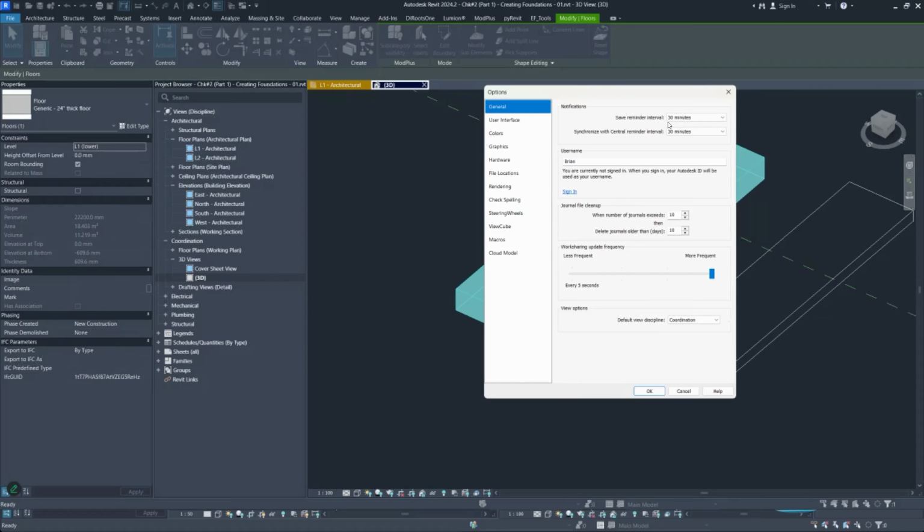Right, save interval. So it will give you a save reminder every 30 minutes, and it usually only gives you the save reminder when you click on a button. So if you just leave Revit hanging around and not clicking anything, it's not going to pop up and say save. But if you go over 30 minutes and then you click on something, it's going to pop up and say, I remind you to save, right? Revit saves,